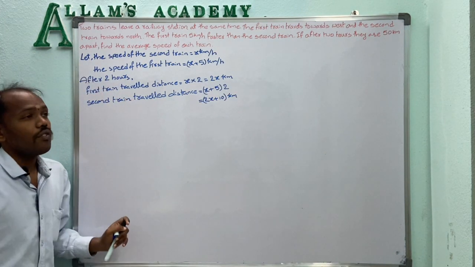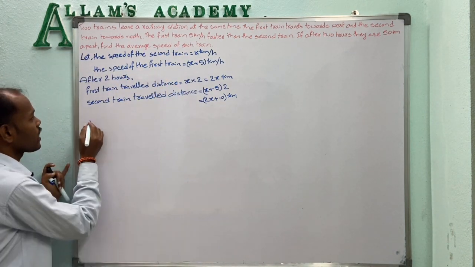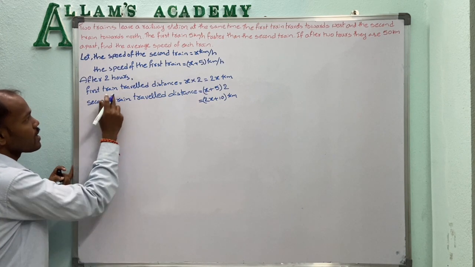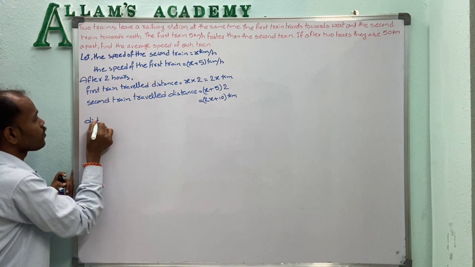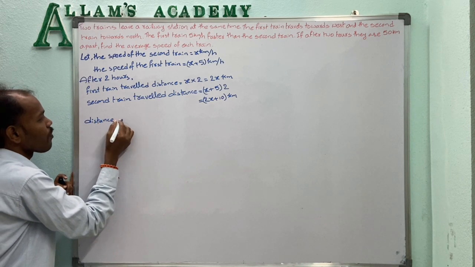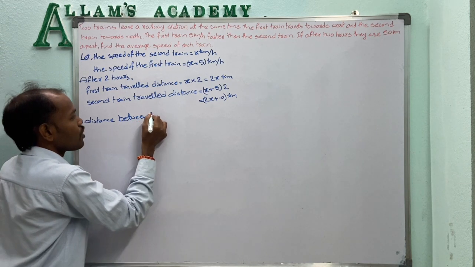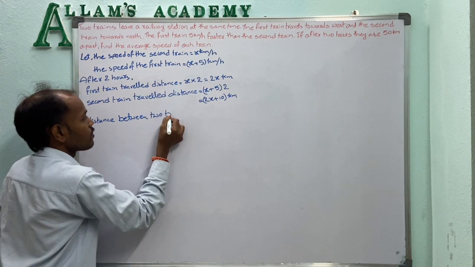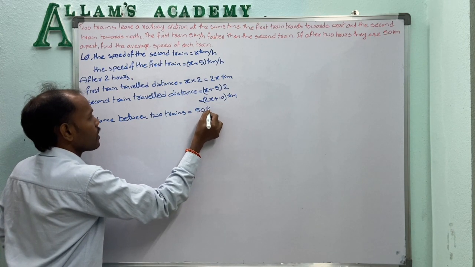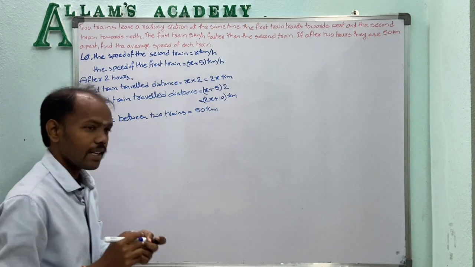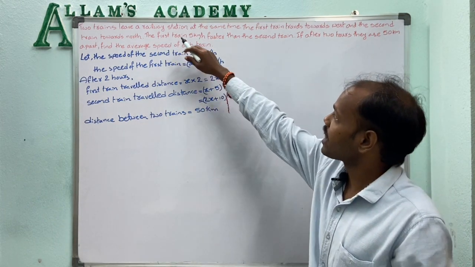Now the distance between the 2 points is given as 50 kilometers. That means the 2 points are nothing but the 2 trains. So distance between 2 trains equal to 50 kilometers. Now here in the problem, we observe that the 2 trains leave the railway station